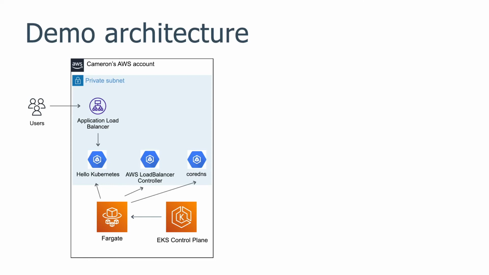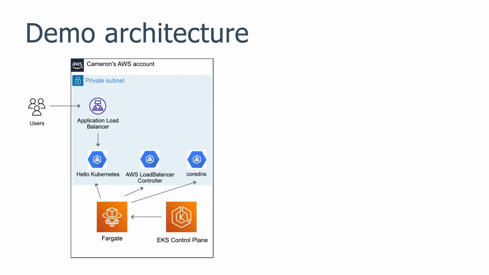The second code repo we're looking at today is the CDK8s repo, which generates our manifest for the Hello Kubernetes app. When we use the Kubernetes CLI to deploy the Hello Kubernetes app, we deploy a deployment, which launches our pods. We deploy a service, which directs the traffic to the pod. And we deploy the ingress. And the ingress instructs the load balancer controller to spin up an AWS Application Load Balancer. And the Application Load Balancer receives incoming traffic and directs that to the Hello Kubernetes pod.